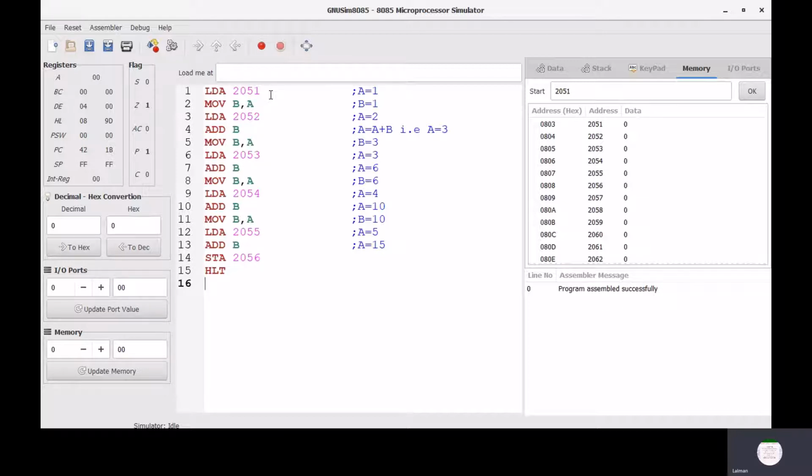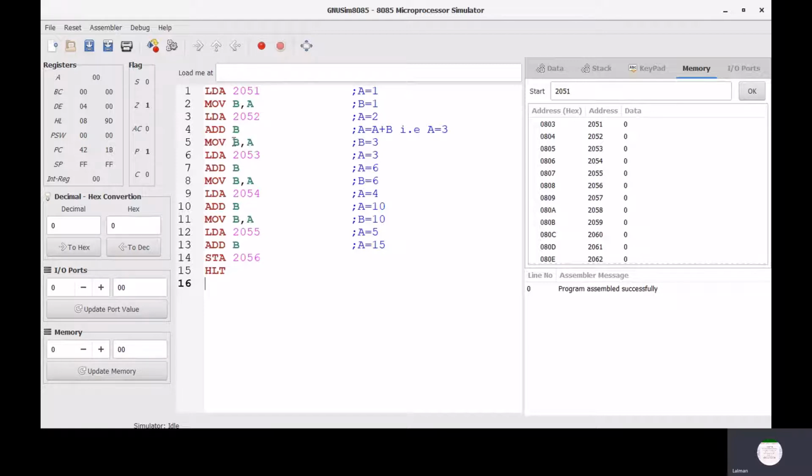MOV B, A means the accumulator content is stored in register B. LDA 2052 means the memory content of 2052 is stored in the accumulator A.